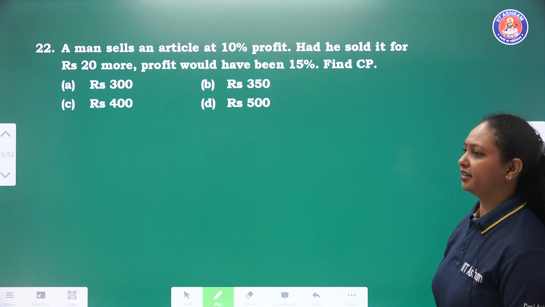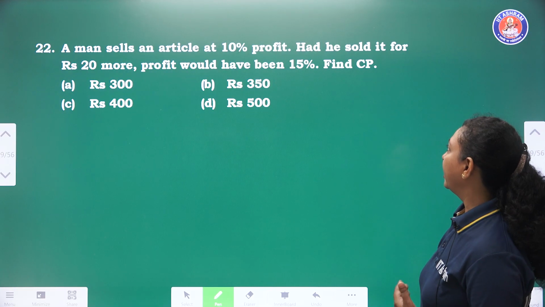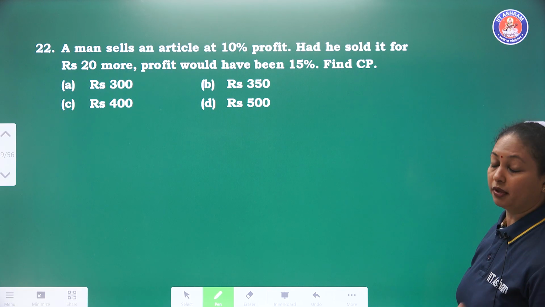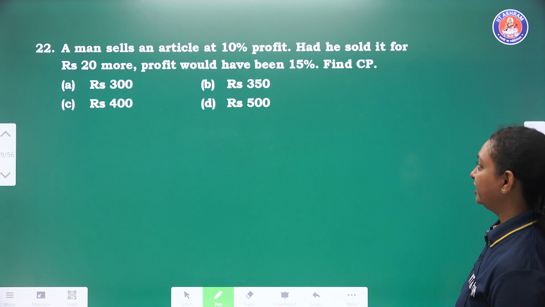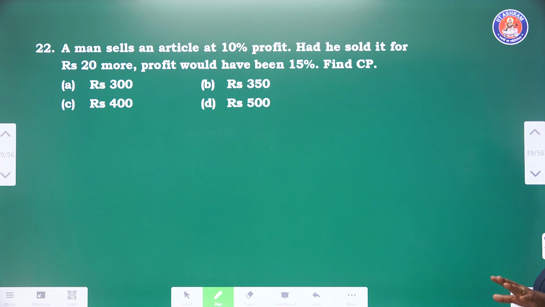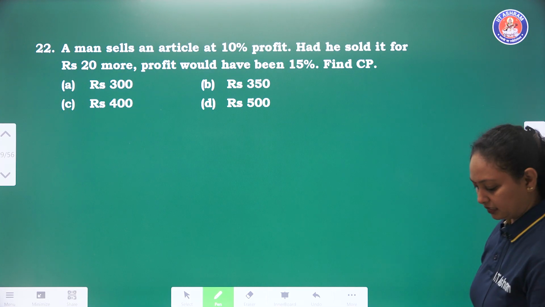A man sells an article at a 10% profit. Had he sold it for ₹20 more, अगर 20 रुपये और ज़्यादा में बेचता, then he will get a profit of 15%. Find the CP. सिंपल सी बात है,